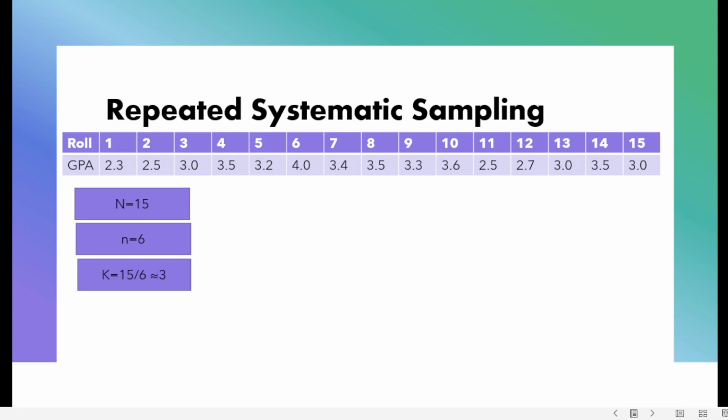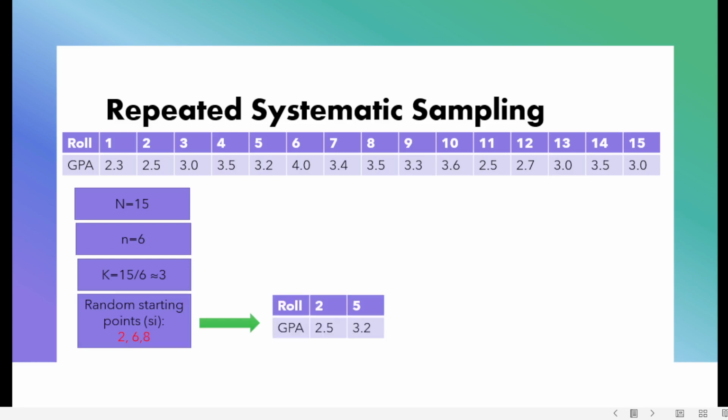Now our interval is 3. For example, our starting points are 2, 6 and 8. When the starting point is 2, the following examples will be sampled.